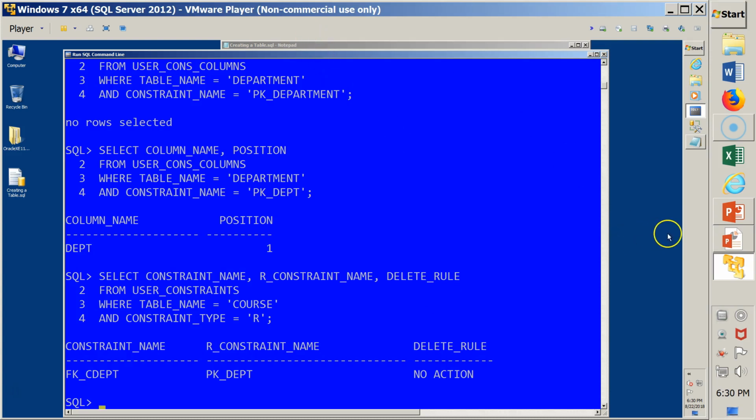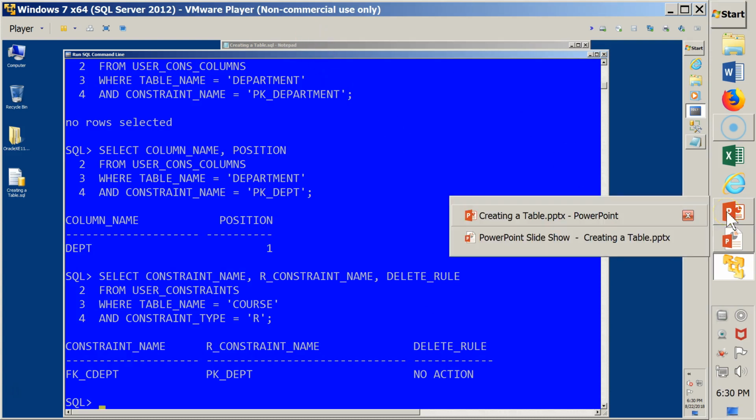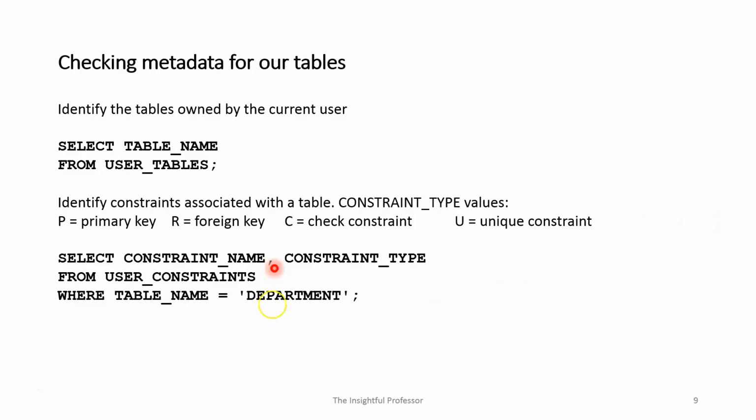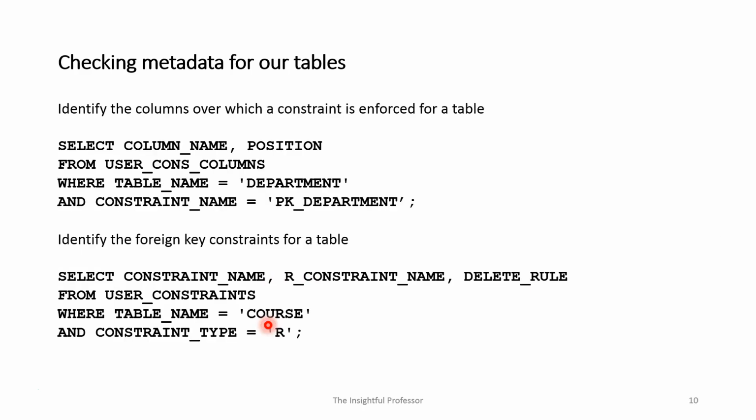Okay, we've done quite a bit. Let's go back here and take a look at what's going on. We've talked about this. Now, let's look at a little bit more metadata. We already talked about this and we ran it. This is how we identify the columns over which a constraint is enforced. And then how do we identify the foreign key constraints for a table? That's where we're using the type equal to R. Both of these commands are within the script that I'm posting,